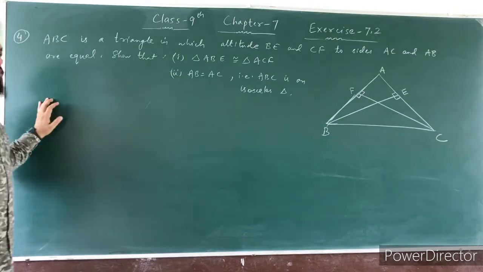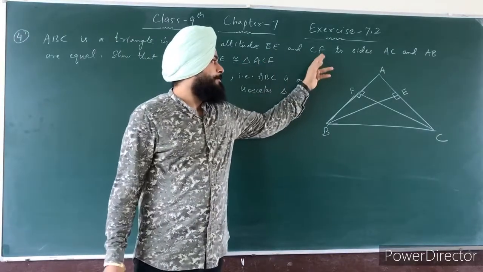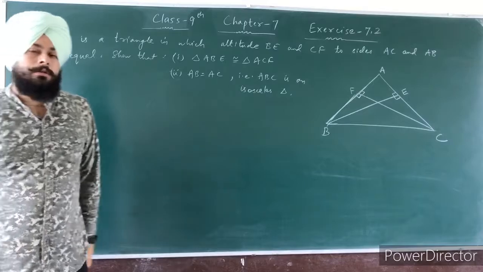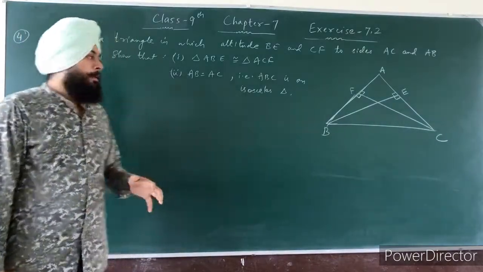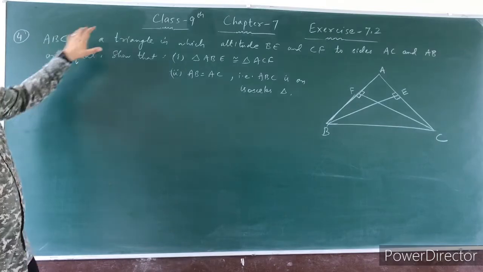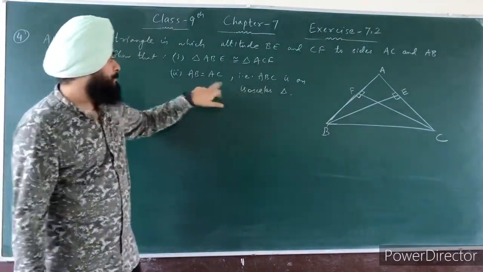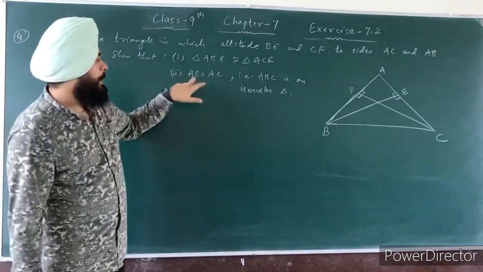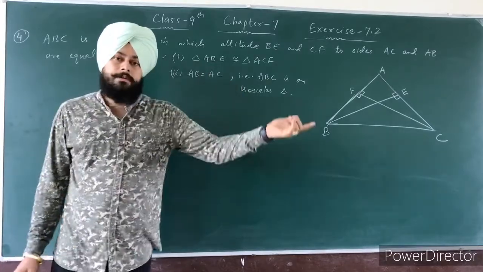Next, question number 4. ABC is a triangle in which altitudes BE and CF, two sides AC and AB are equal. So students, this question number 4 is same as question number 3rd. ठीक है? But in which की कहना है कि ABC triangle isosceles given नहीं है. ठीक है? तो इसे isosceles prove करना है. You have to prove it isosceles. In which you have to prove AB equal to AC.